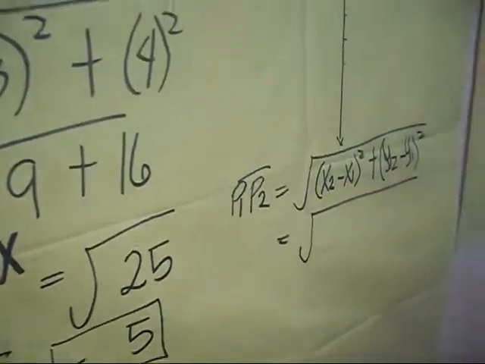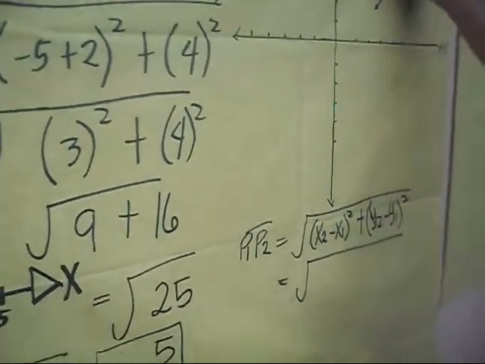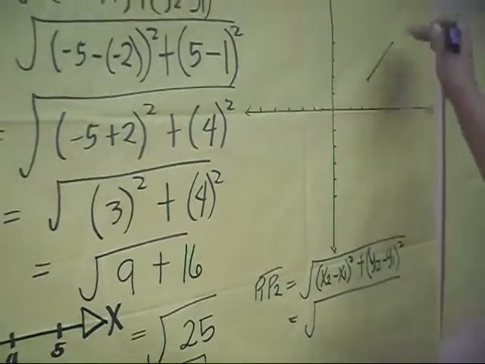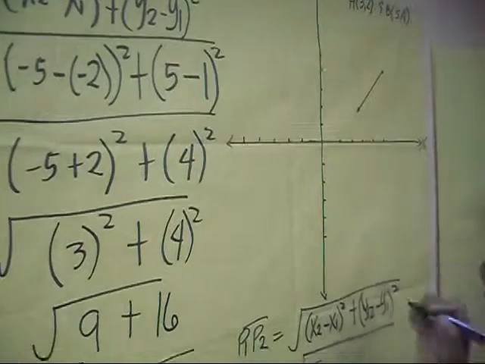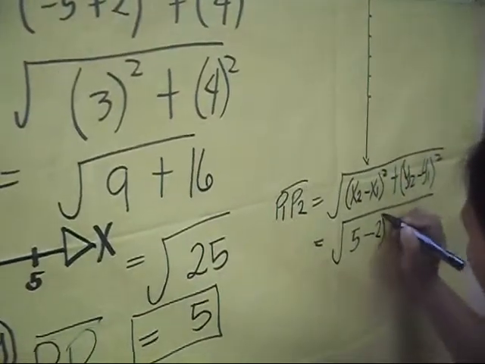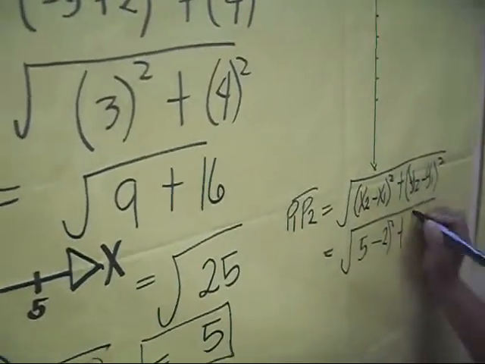Let's substitute. 5 is the x sub 2 minus 3, squared, plus